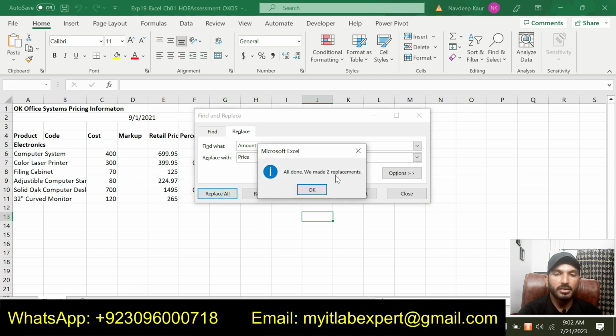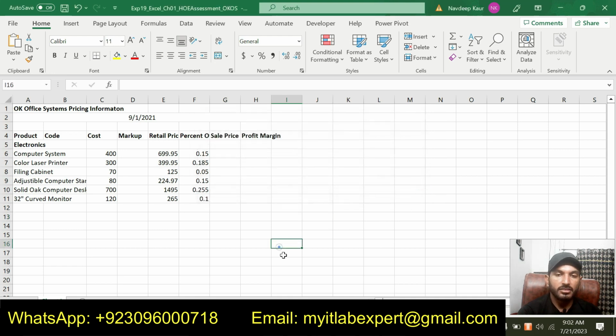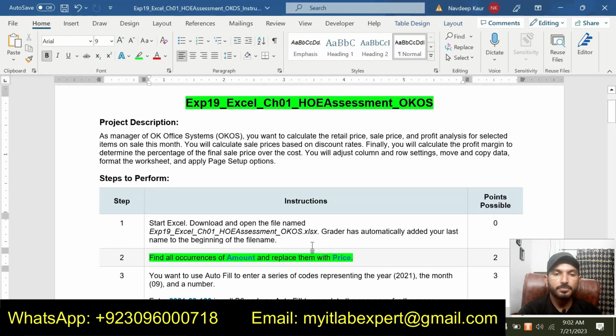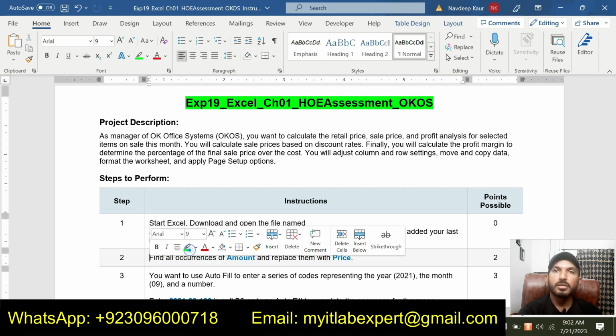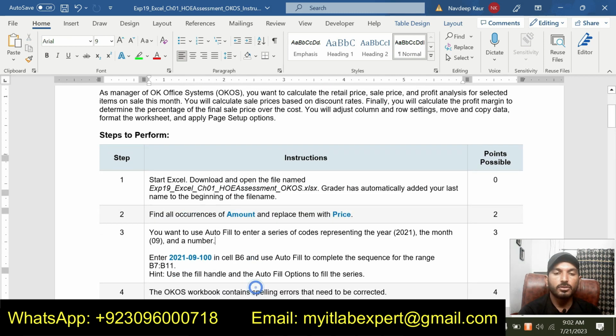We made 2 replacements, so we close it. This is all about step number 2. Now let's move to step number 3 because we are done with step number 2.